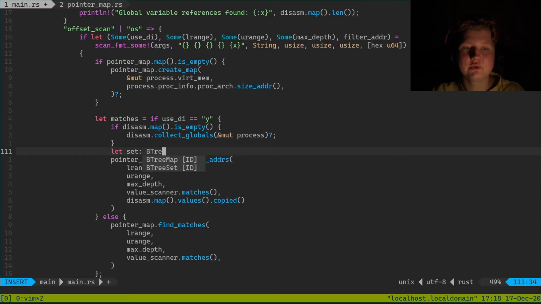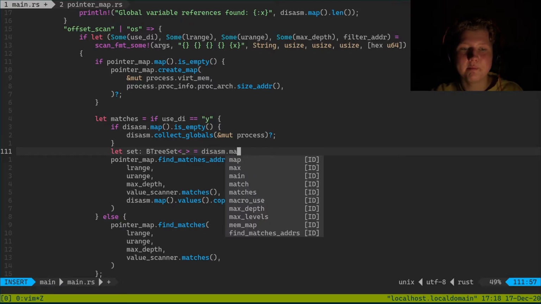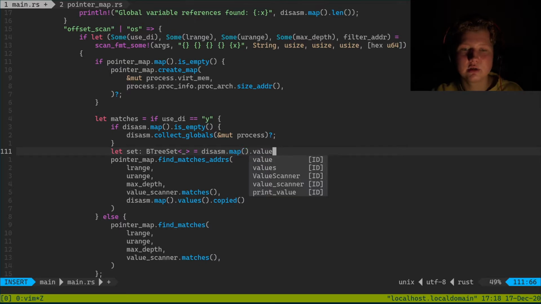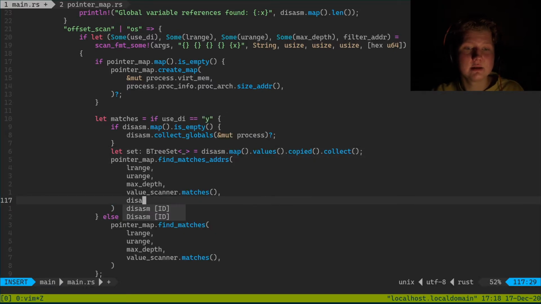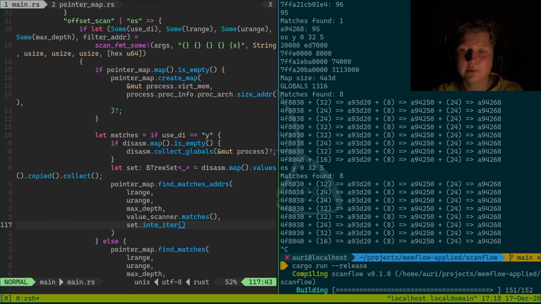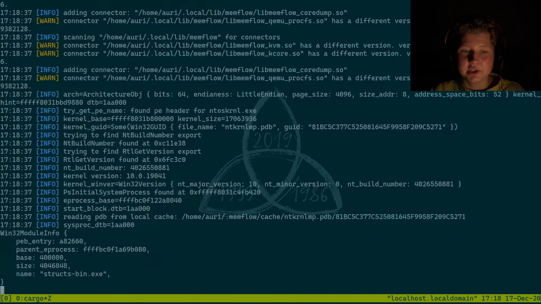It's going to be BTreeSet of address, but we don't need to specify it. It's going to be disasm.map.values.copied.collect. It's a long line, but what we're going to do here is pass set.into_iter. And now, once we run, what you should have,